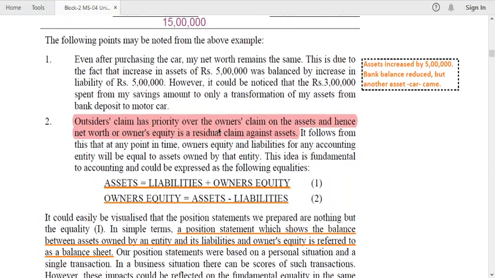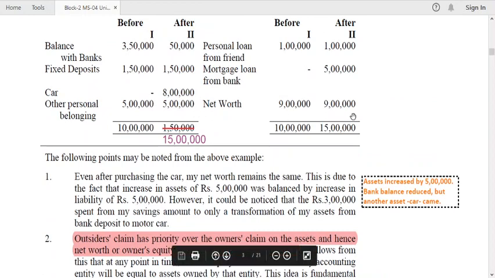Outsider's claim has priority over the owner's claim on the assets, and hence net worth or owner's equity is a residual claim against the assets. This net worth 9 lakh rupees is a residual claim on the assets. First priority goes to the outsiders. First he has taken a loan from a friend, second he has taken a loan from the bank. These two will be given priority over the owner's claim on the assets. Okay, if the company is to be closed, first these persons have to be settled, then the owner can